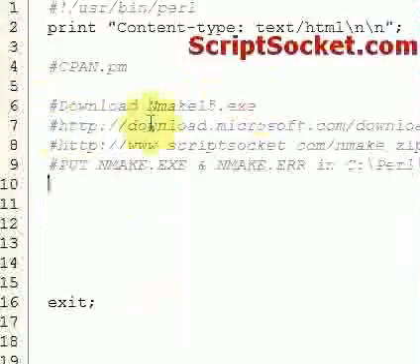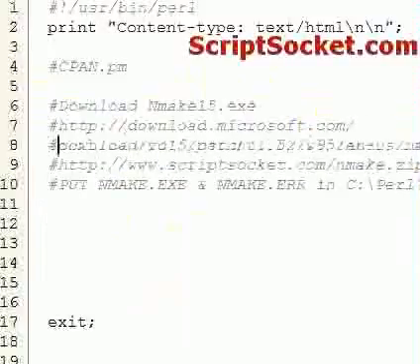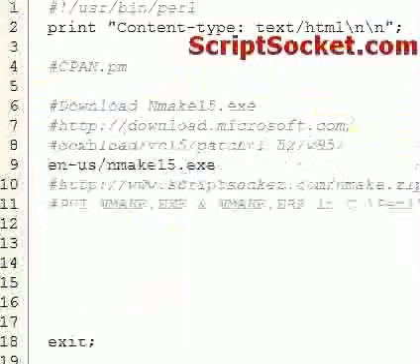So you can Google it, might be the best way, or there is this address here, microsoft.com/download etc. Or you can come to my website,